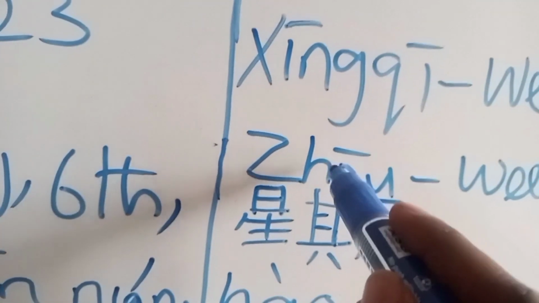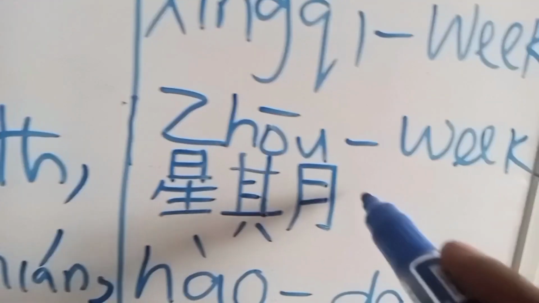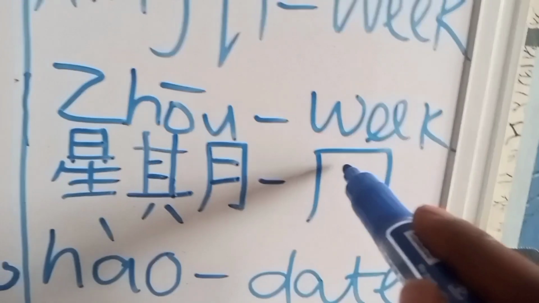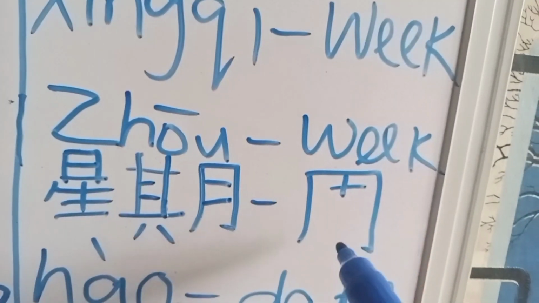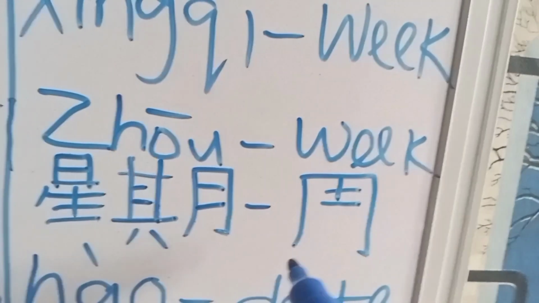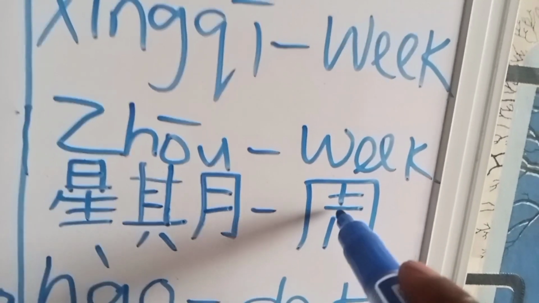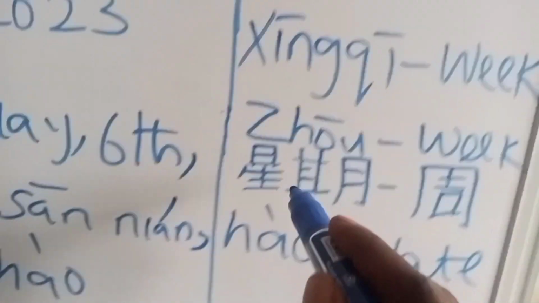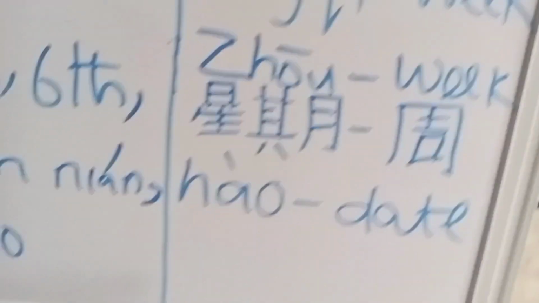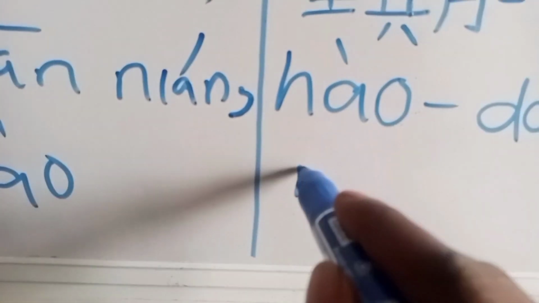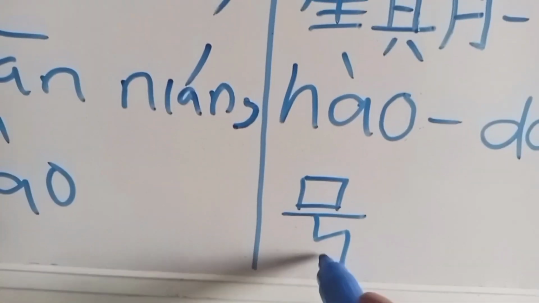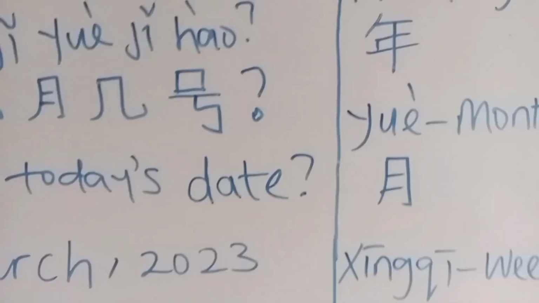And the other word for week is zhō. This is how to write zhō. You do 10. You remember 10 when we did 1, 2, 3. 10. You put share for the 10 to sit down. Then you write this. This is zhō, xingqi, and zhō. And this is how. This is how. So these are the words to take note of when you want to tell the date in